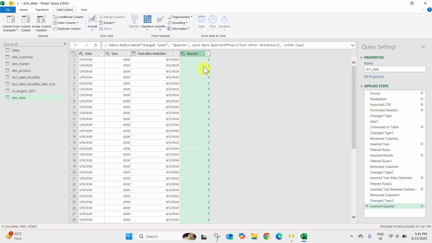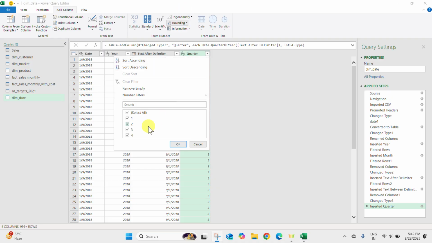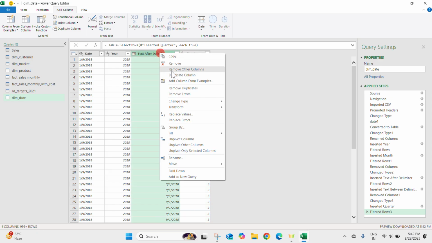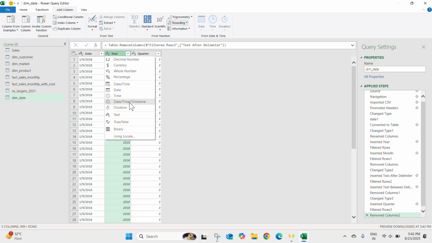So here we can see the ninth month is the third quarter. We need to get 3, 4, 1, 1, 2, 3, and 4. So here we can see 1, 2, 3, and 4, the different quarters. After doing this, we got the quarters in numerical form. So we are going to delete it, because if we add more data, the bigger the file will be, the more difficult the analysis. So finally, we are going to convert this year into a text model,